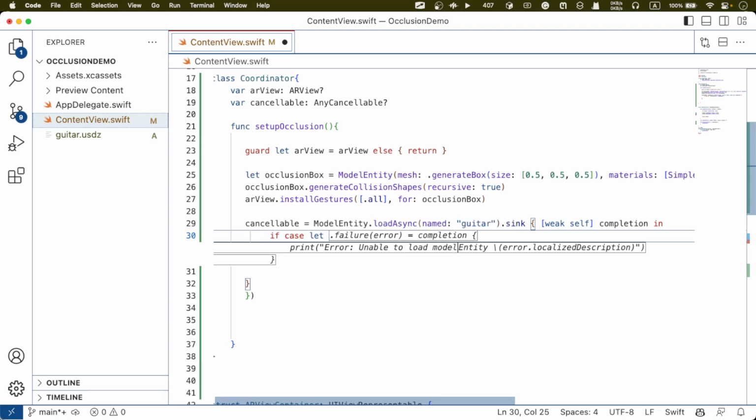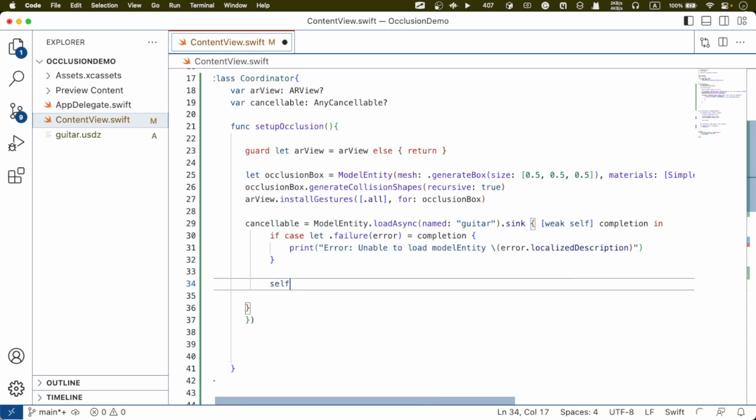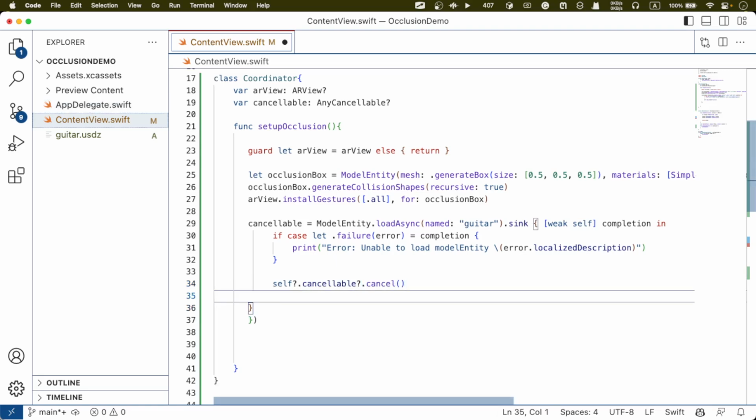I think it's pretty good. Let me see whether they got another. Just got that. Okay, so failure error completion. I'm going to print localized description. Okay, I think it's pretty good. Just print that error out, and self. And remember, this is cancelable. If this got errors, I'm going to say that the cancelable will cancel. Okay, so cancelable will dot cancel. Okay, so just cancel that, and then I can just delete that,